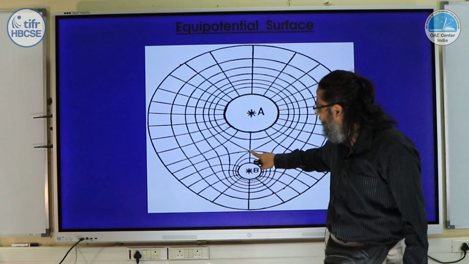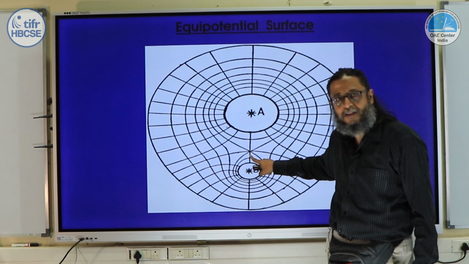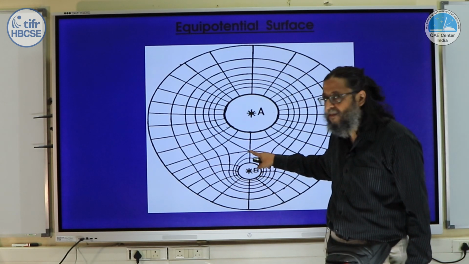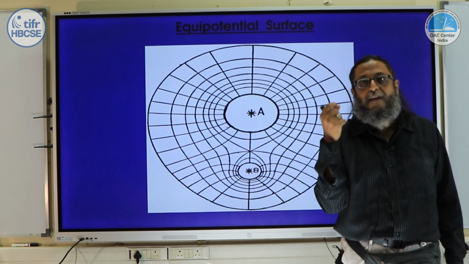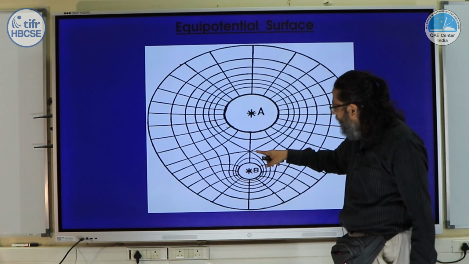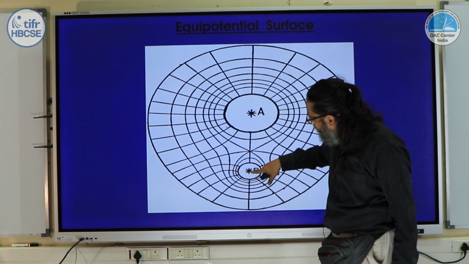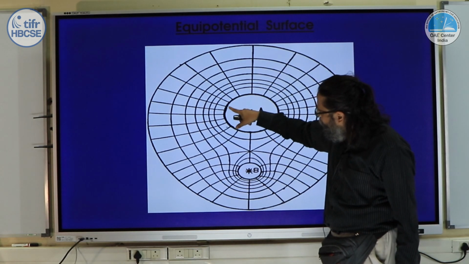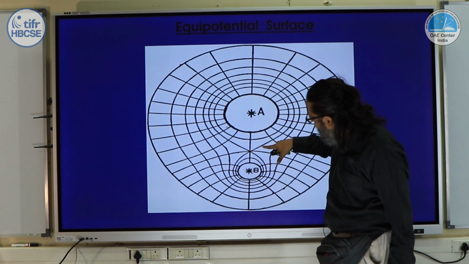But if you displace slightly in this direction, it will fall in this direction. If you displace slightly in this direction, it will fall in this direction. This is technically known as the inner Lagrangian point. Now, when this happens, suppose a particular star is located here, if it happens to fill this region